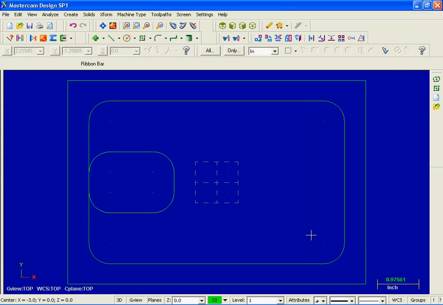So there's the rectangle. Now what we need to do is do some deleting, followed by our deletion of some of these entities, I'm going to move into trim. So moving up to the top of the screen, I'm going to hit the icon for delete entities. Now when prompted, select entities. I'm going to select this arc,